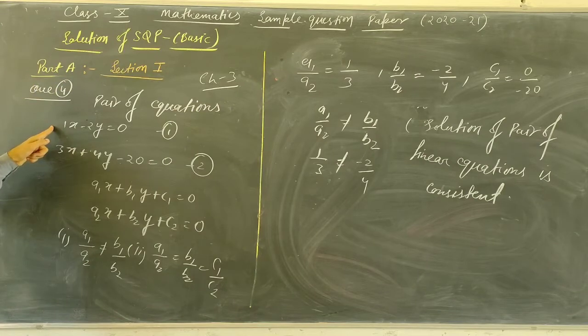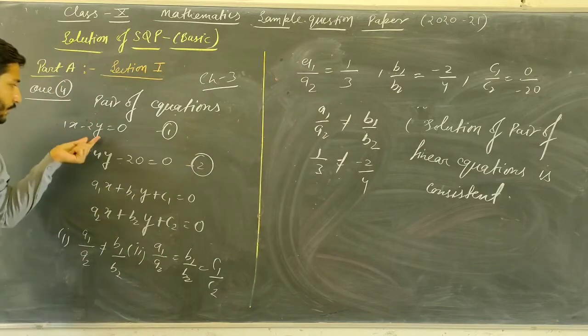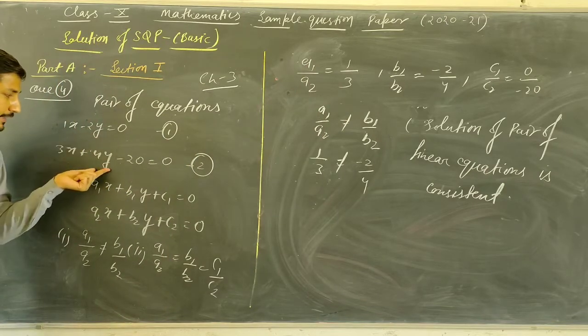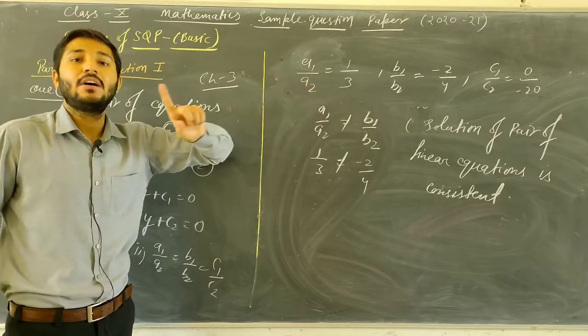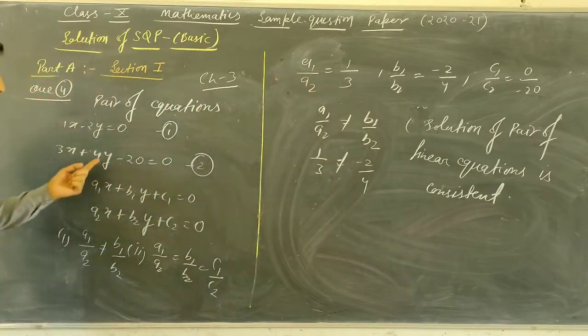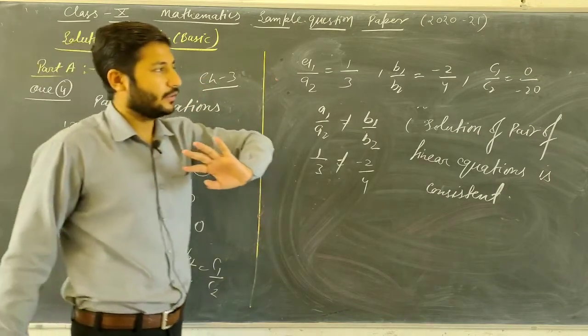a1 coefficient x का coefficient कितना है 1, and x अनदर इक्वेशन में जो अपने पास x का कोफिशिएंट है वो कितना है 3, यानी a1 अपॉन a2 is 1 अपॉन 3. नेक्स्ट b1 अपॉन b2, द कोफिशिएंट ऑफ y हियर -2, एंड इन दिस केस 4, -2 अपॉन 4. व्हेन यू सिंप्लीफाई देन इट इज -1 अपॉन 2, एंड c1 अपॉन c2. द टर्म ऑफ c इज नॉट हियर, दैट्स व्हाई 0 अपॉन 20, -20.